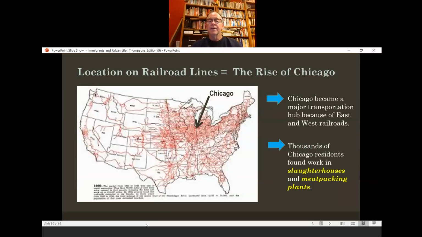So you'll need to copy everything on this page, but before you do, take a look at, I drew an arrow and said Chicago. It's in the center there of the country, and look at all that looks like red veins right there in the center of it all is Chicago. Each one of those little red lines is a train track, the trains that go throughout the country. And so you can see that Chicago is the center of this.